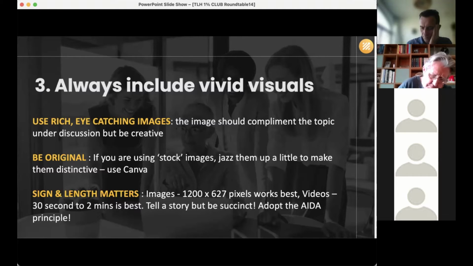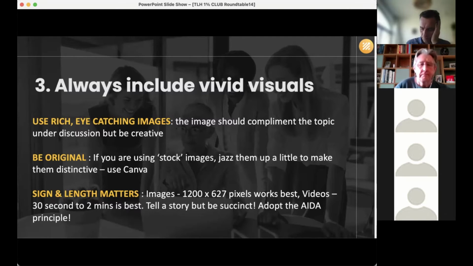And one of the things that LinkedIn have really started to focus in on is what they call dwell time. That's the amount of time that people are engaged with your post. Size and length matter, to make sure that posts are positioned in the right way, but also that they get that dwell time. So from an image perspective, the ideal size is 1200 by 627 pixels. You can create images to those exact dimensions in Canva.